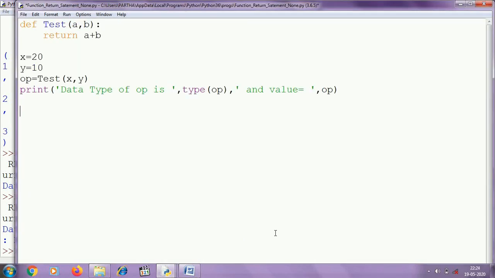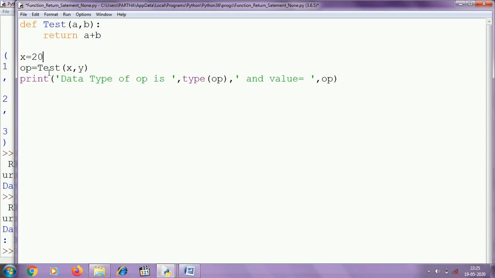Now we have to decide in which situation you must return a value and in which situation you should not return any value. For mathematical calculations, it is better to return the output, and if you are checking something, then it is better to not return any value. For example, if we are testing whether a number is odd or even, then it is better to not return any value. For example, I am defining a function odd_test. a is the parameter.